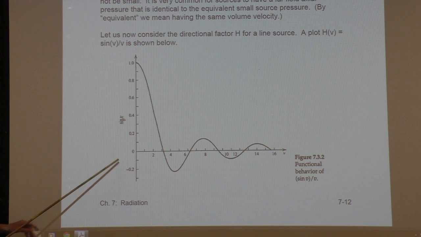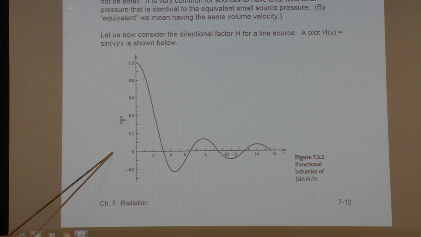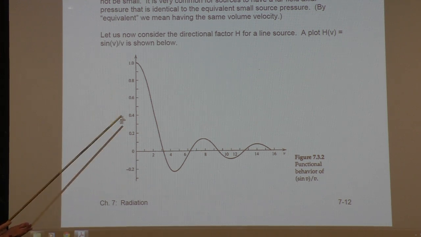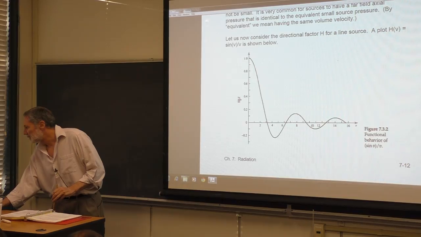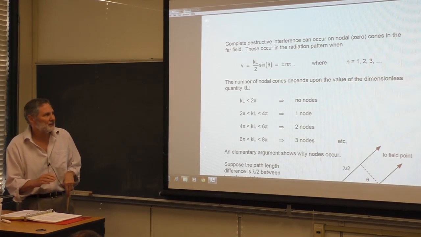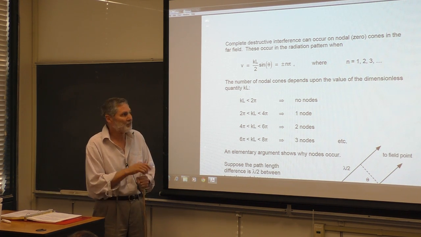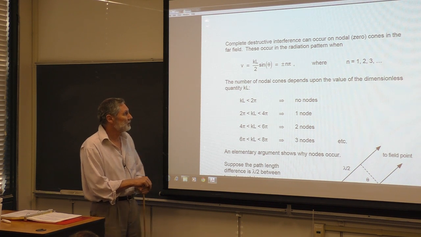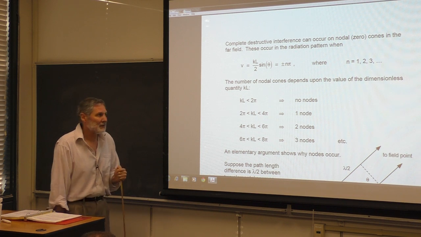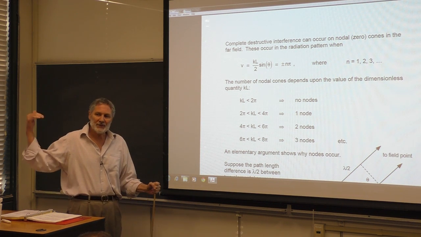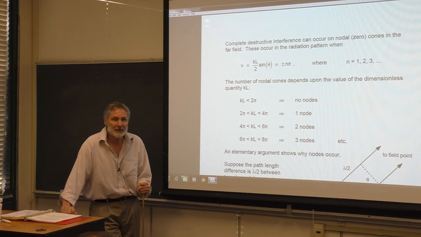And by symmetry, we can be on the other side too. We can have minus pi. The sine of minus pi is also 0. So that's what we look for to get an appreciation for the acoustic field. Often we look at the pressure nulls, or sometimes the pressure minima if it's a more complicated situation. But here we have exact zeros in the far field. So you may wonder what happens as you come to the near field. Well, you're still